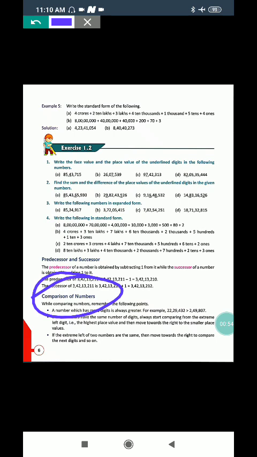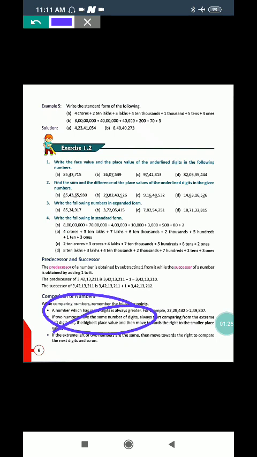So how will we compare the numbers? First of all, we have to see the number of digits in the given numbers. How many digits are there? Suppose that there is a 5 digit or a 6 digit number. So we will come to the conclusion that the 5 digit number is smaller and the 6 digit number is bigger. If the number of digits in the given numbers is the same, then we will check